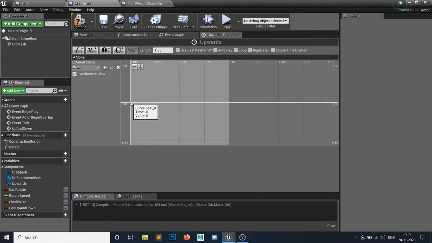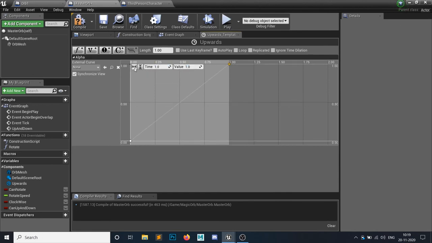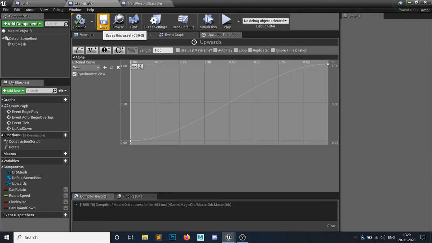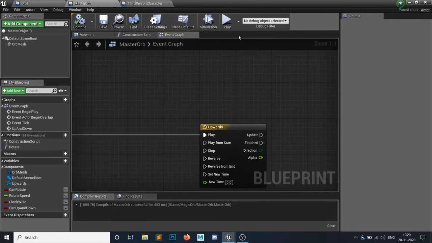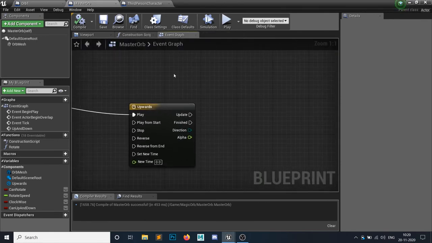So from 0 to 1 second, this timeline will change. So let's hold shift and add 2 points, right? The first point would be at 0 seconds, the value should be 0, and at 1 second the value should be 1. And click on these two arrows so it covers the whole area, and if you right click on this first one, the left one, and hit auto, it will generate a little curve. Okay, so we have done here, we got our alpha.